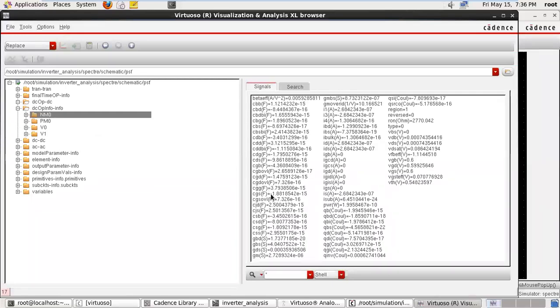These are only the single point values that are saved, because we have selected the VGS, gate to source voltage, 0.6 volt by default. That is the default value.